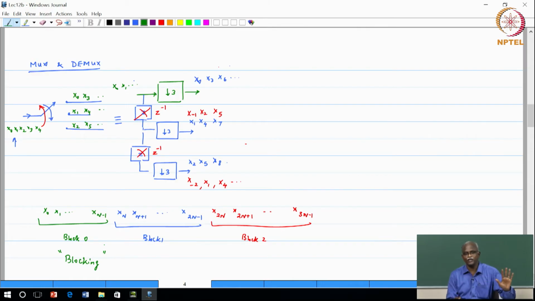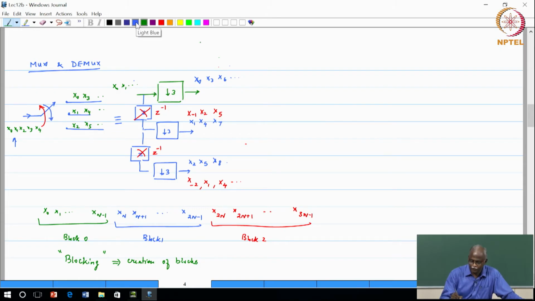Blocking there means the call does not go through. This has nothing to do with calls or connecting calls. This is actually breaking up data, creation of blocks, and the reason we do that is because we want to run the FFT. Now, when you implement it in hardware, it is very useful to draw upon the multirate equivalent